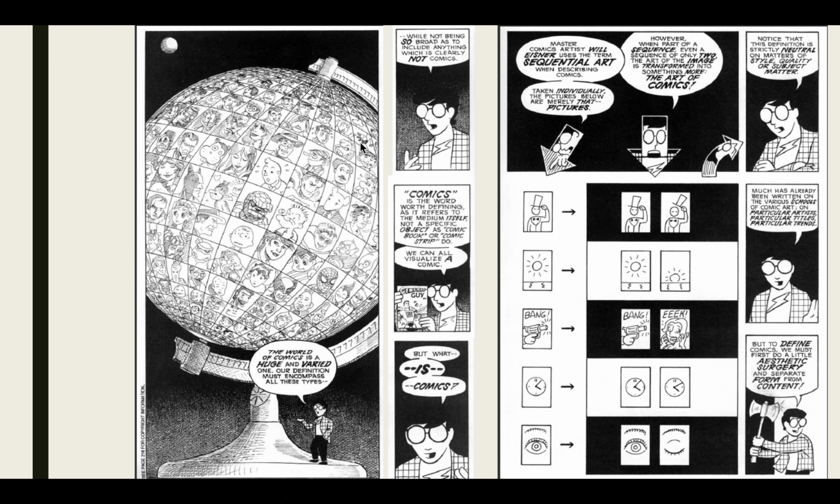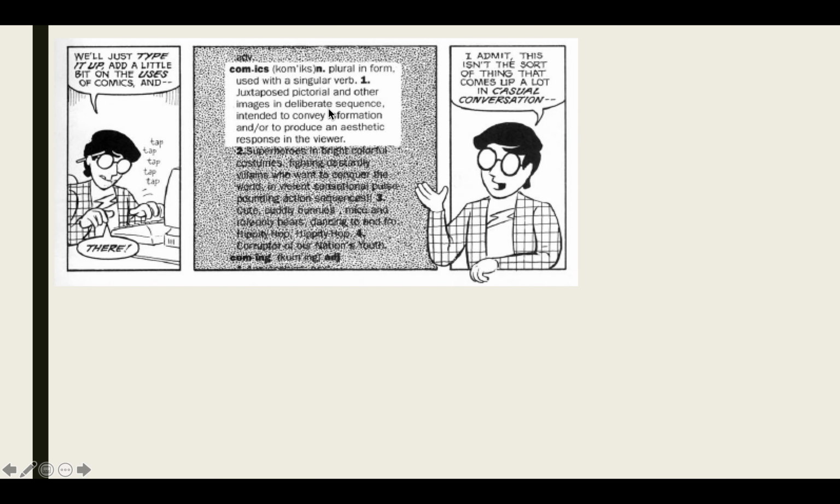So, juxtaposed pictorial and other images. You see these two images standing right next to each other? This is what we mean by juxtaposed. They're side by side in a deliberate sequence. So here's an example. This, by depicting it this way, is a man taking his hat off. If I were to flip the sequence and make it deliberately another way, it would be a man putting his hat on. Okay? In deliberate sequence,